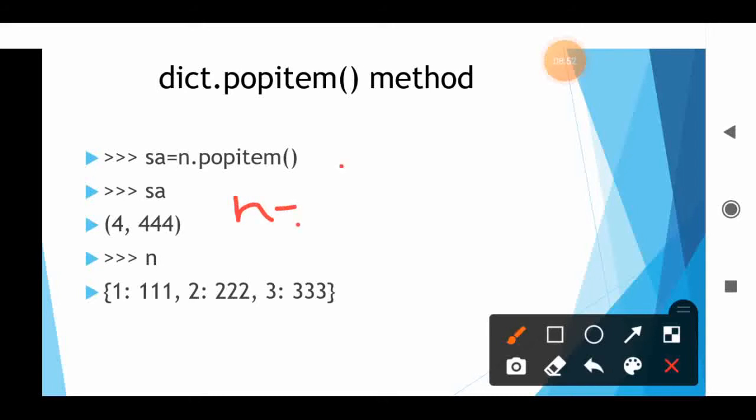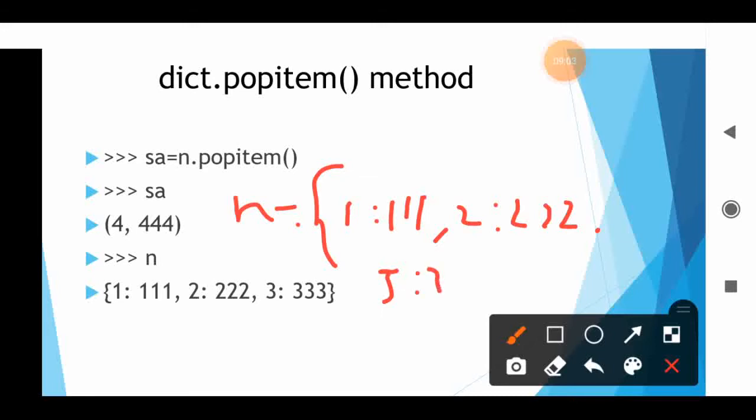N equal to 1 colon 1, comma 2 colon 2, comma 3 colon 3, comma 4 colon 4. It is the dictionary value of N. Okay, so SA equal to N dot popitem.